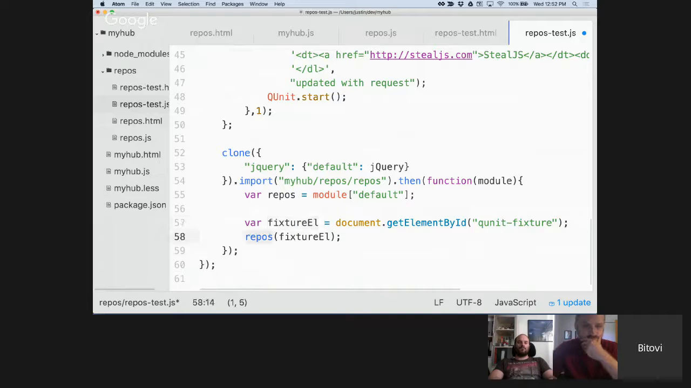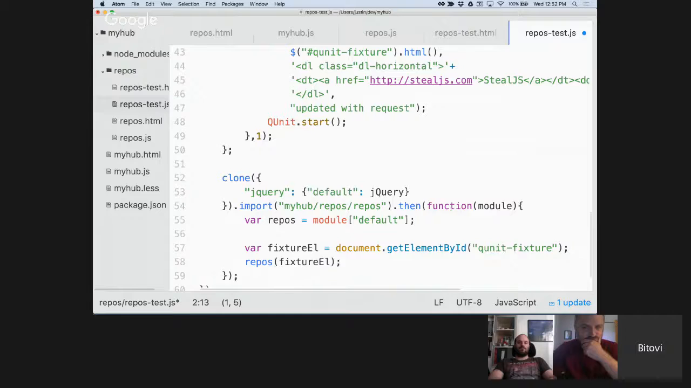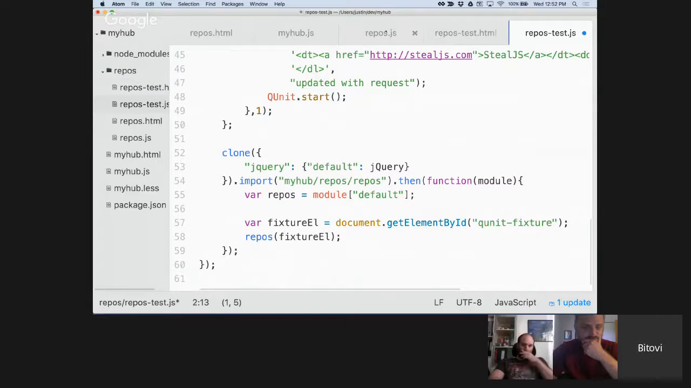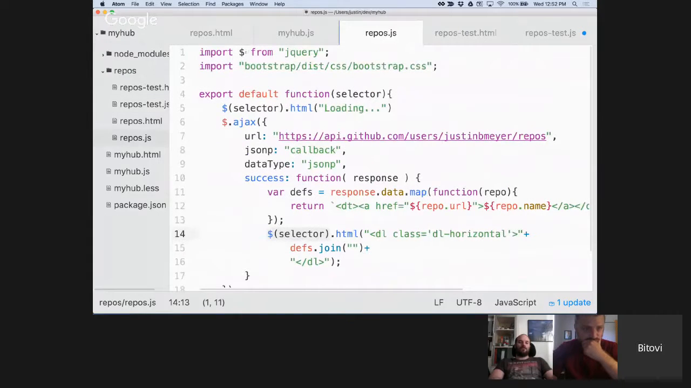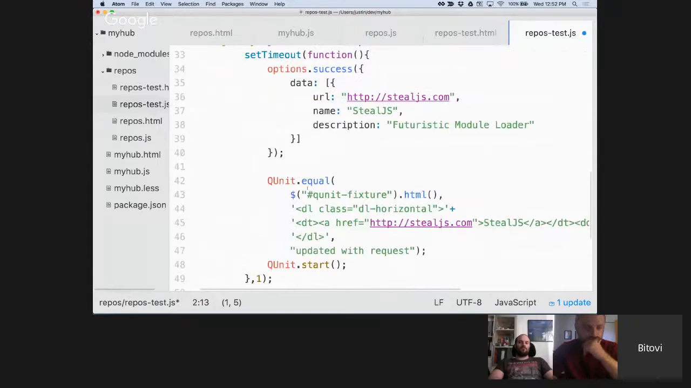This Repos function that we loaded this way is actually not the same function in memory as this Repos. It's one that's been fooled and has a different jQuery in its closure that will run this. So once you have all that,